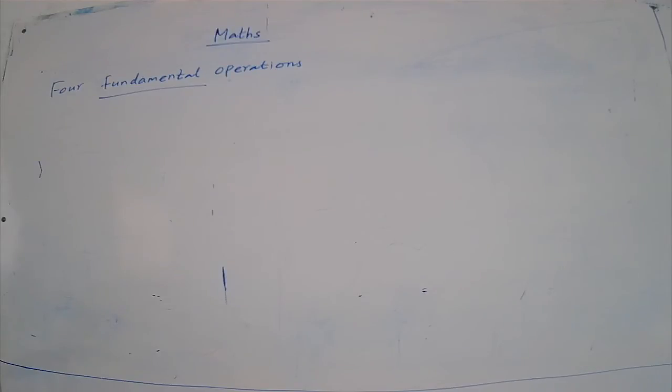Yes or no? Yes. Okay. So, in previous classes, we have learned to perform these operations on the set of natural and whole numbers. Already you have learned. Let us now learn how to perform these operations on the set of integers and rational numbers. Okay. So, first to learn about addition of integers. Addition of integers.